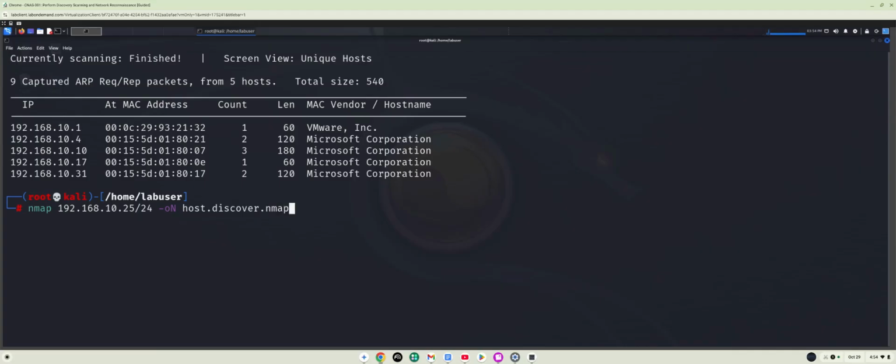All right, so I'm telling nmap here to run a discovery scan on my entire CIDR mask, and I want it to output its findings to a normal file called host.discover.nmap. The reason I'm adding this is I just want those watching to get used to documenting your findings, and to see an easy way we can document any type of discoveries we make,